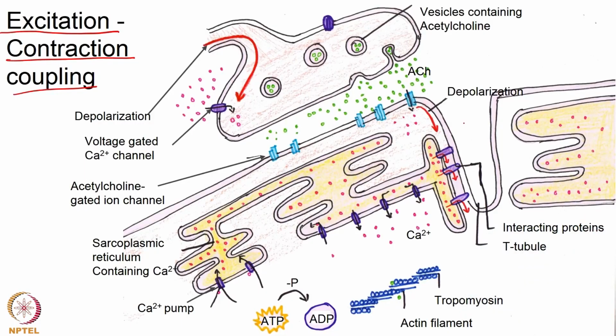Depolarization, or the wave of depolarization that starts in the muscle cell, travels along the membrane of the muscle cell as it would in any other excitable cell. How does that travel? There are voltage gated sodium channels that regenerate the action potential at each point in space. Here is one voltage gated sodium channel, there is one action potential there, here is another voltage gated sodium channel, there is another action potential there, and so on. In the muscle cell there are some special spaces called T tubules that have a structure resembling the English letter T. So, depolarization arrives here, and close to the T tubules you have